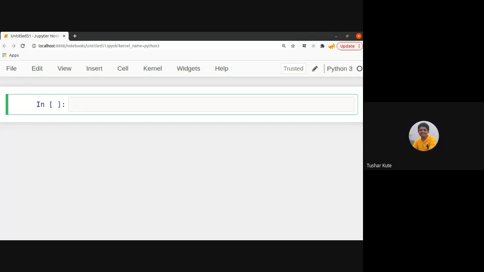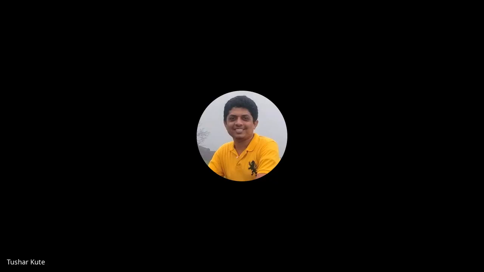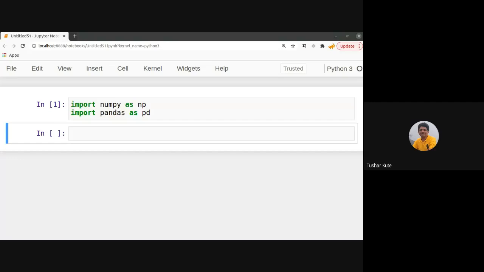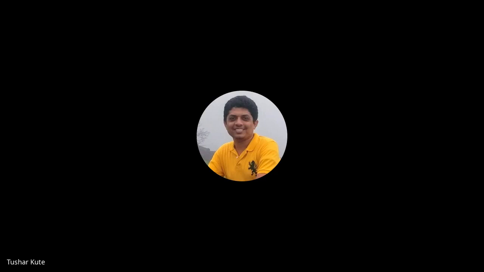See, so I'm having one small data set here. Let's see this. I'm using the housing data set, Boston housing.csv.